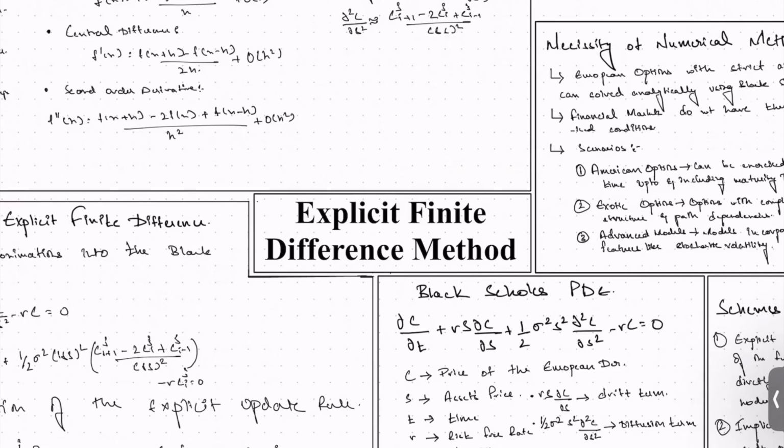In this video, let us discuss the explicit finite difference method for option pricing. The valuation of derivative securities stands as a cornerstone of modern quantitative finance, a field revolutionized by the seminal work of Fischer Black, Myron Scholes, and Robert Merton in the early 1970s. The derivation of a partial differential equation governing the price of an option provided a theoretical framework that transformed financial